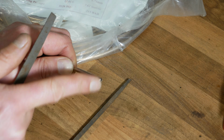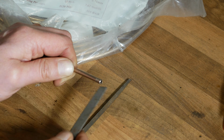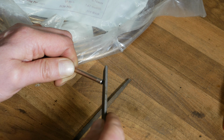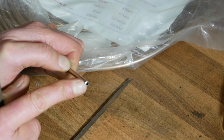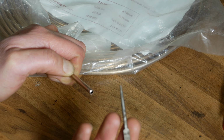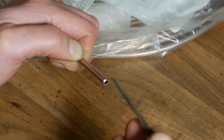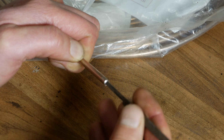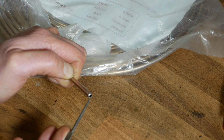So in that sort of situation, you would actually just file a small chamfer all the way around the outside of that pipe. And then regarding the inside, if you see any burring inside the tube, a lot of files have a triangular or a hexagonal shape on the shaft, and if you get the right one, you can just insert that into the end and then just twist it around, and that'll clean up the internal of the brake